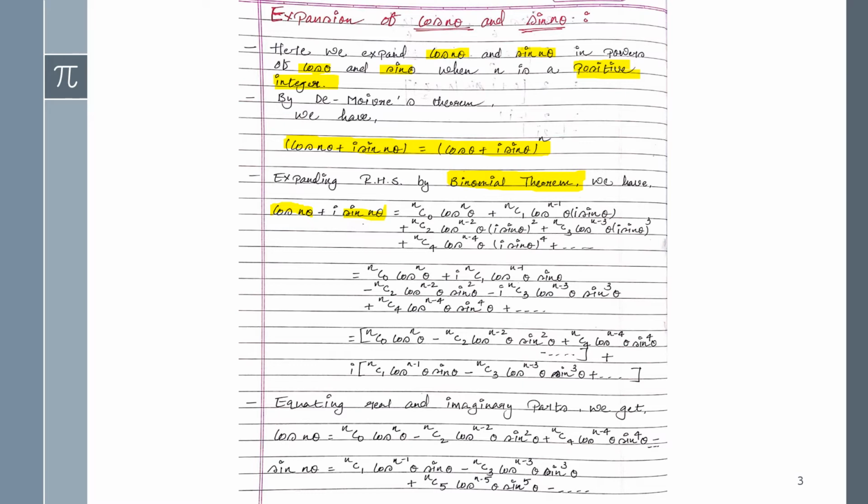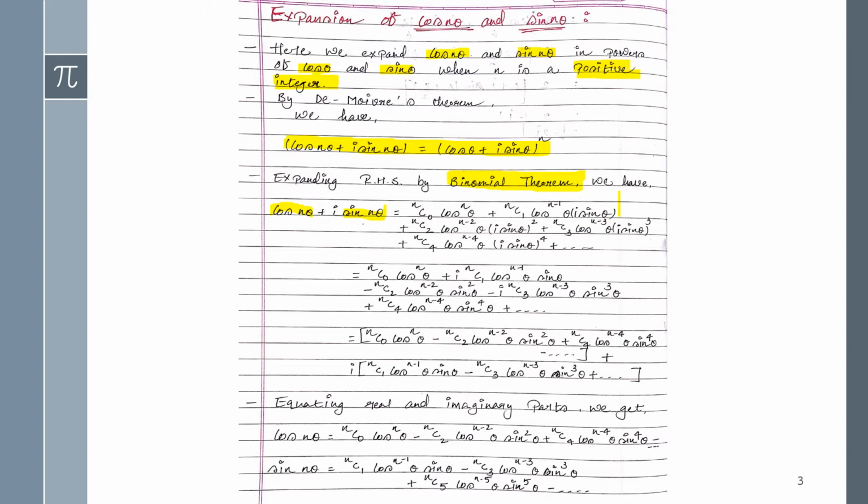Now for the sin function it will increase. Here the sin term is not given at first, so it will be i sin theta whole raised to power 0. Now here it will be i sin theta whole raised to power 1. Then i sin theta whole raised to square, then cube, then 4, and so on. I hope you understood this formula, because you might be aware that we did it in engineering first and second semester.